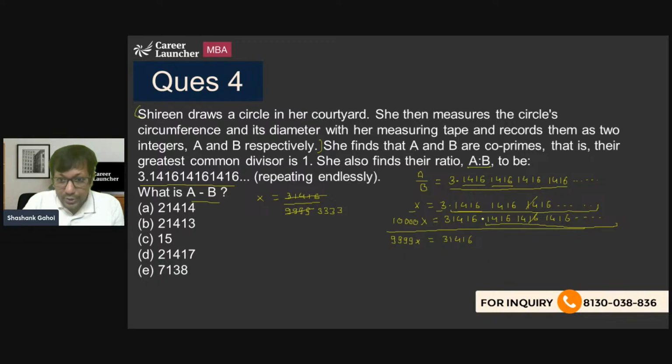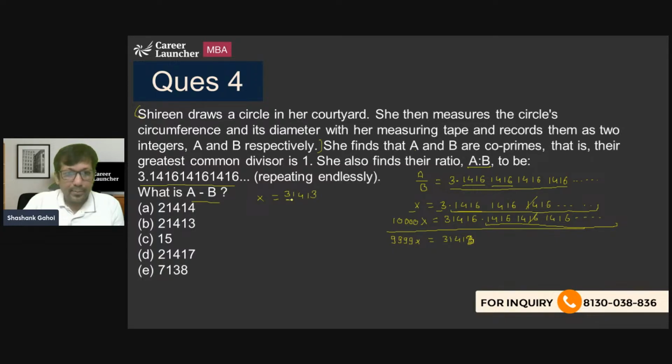Okay, so I'm sorry, it should be 3. It shouldn't be this. Thank you, Kashvi. I made a mistake over here, so just erase it. So what am I going to get? I'm going to get here as